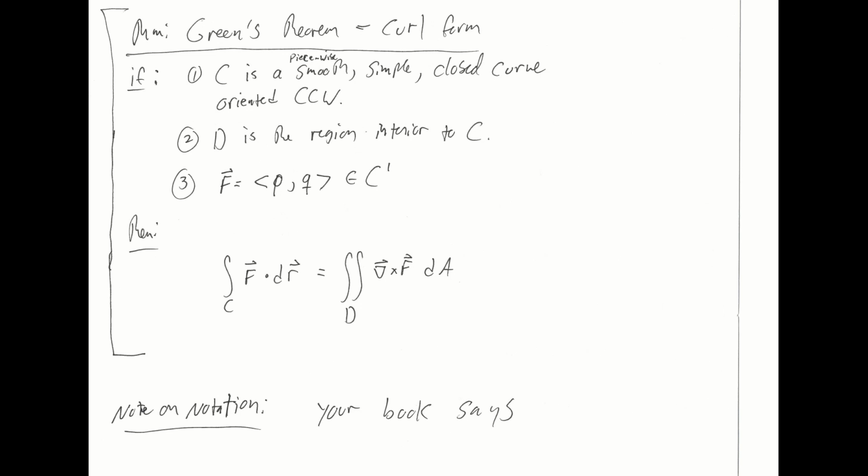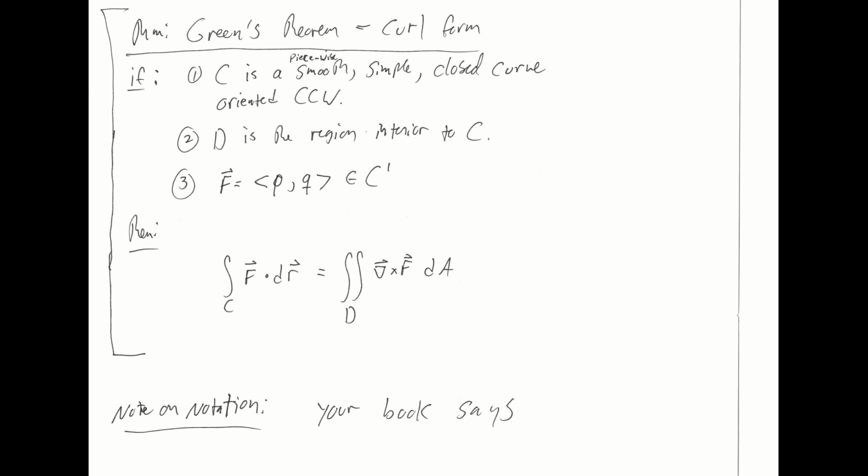Another way to say this is that corners are allowed in C, but only a finite number of corners are allowed in C. If there's only a finite number of corners, you can divide up the curve at those corners, and the space between corners should be smooth. So we'll see an example of one in one of our examples or sample problems, I don't recall which, but we'll see an example of a piecewise smooth curve that is not itself smooth shortly in part 1 of